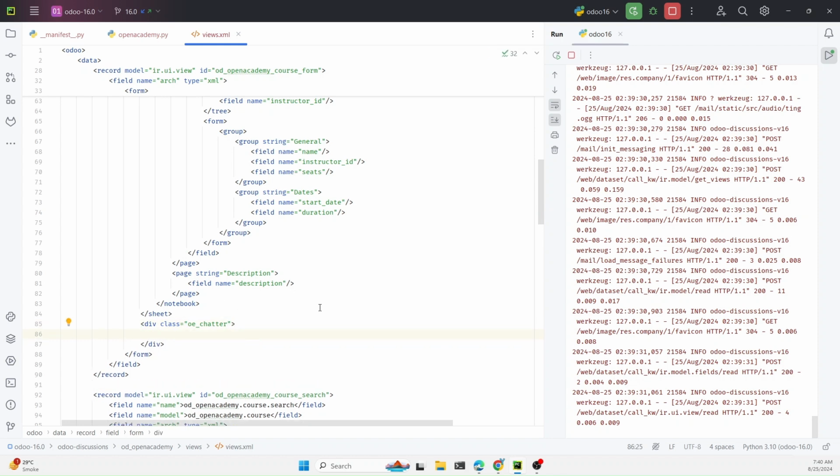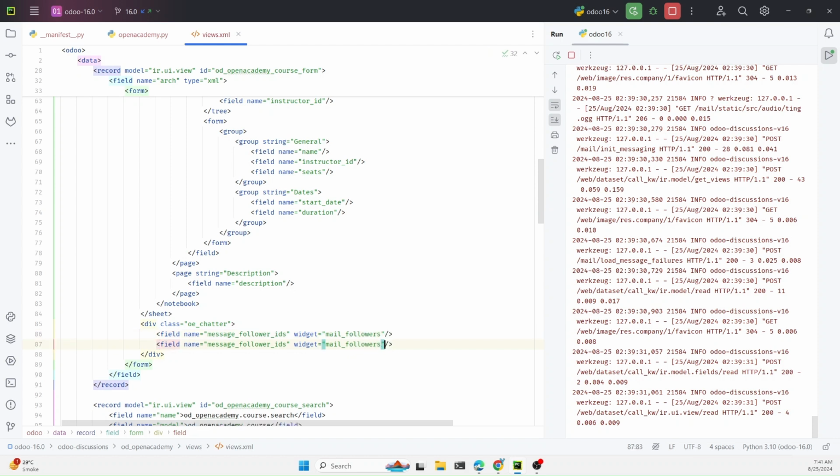And then here we need to add a field, where the field name is equal to message follower IDs, and here we need to add the widget with the name mail followers. Okay, and let me duplicate the same thing. We need to add another field which is message IDs, and the widget is mail thread. Okay,